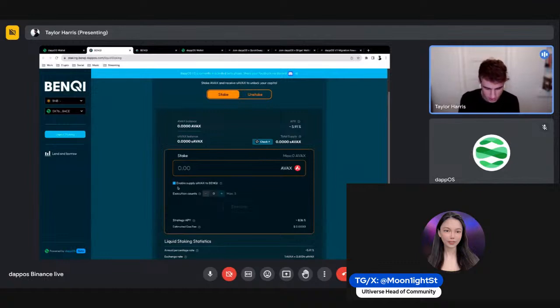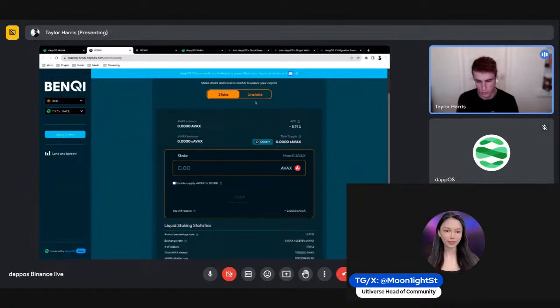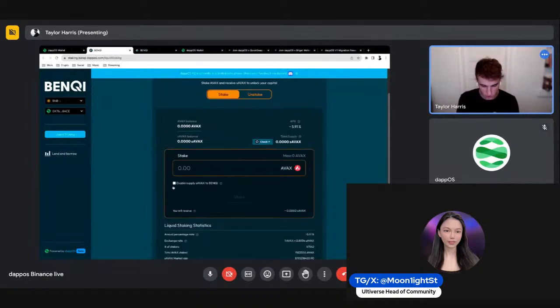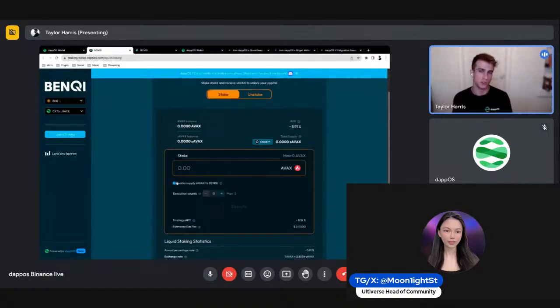So here you can see there's this button that says enable supply S AVAX to Banky. What I'm doing here in Banky is taking AVAX and staking it to S AVAX, right? So rather than having to manually do that with recursive staking, going in and out of supply borrow, one thing that is special about Banky being powered by dappOS is this option that says execution count.